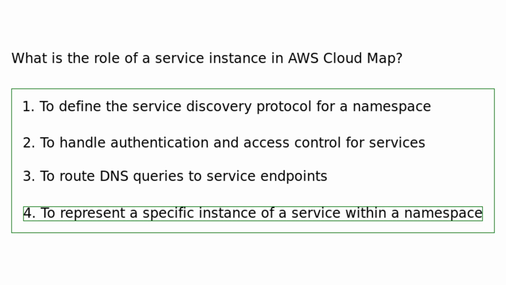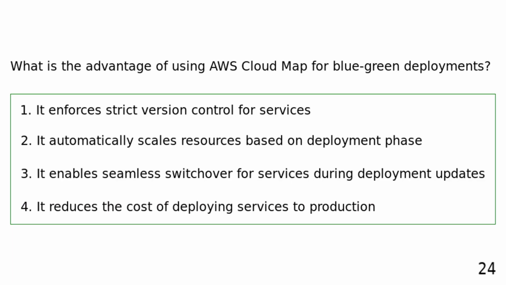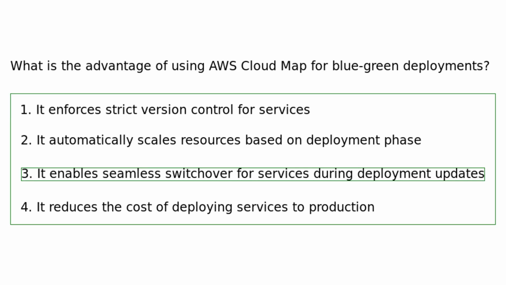service discovery and management. What is the advantage of using AWS Cloud Map for blue-green deployments? It enforces strict version control for services. It automatically scales resources based on deployment phase. It enables seamless switchover for services during deployment updates. It reduces the cost of deploying services to production. AWS Cloud Map simplifies blue-green deployments by enabling seamless switchover for services during deployment updates, ensuring minimal downtime and efficient